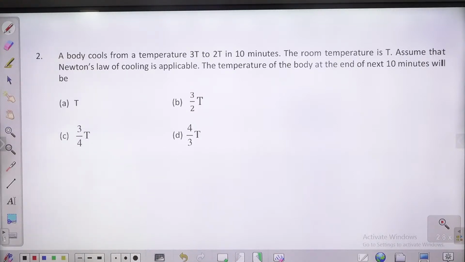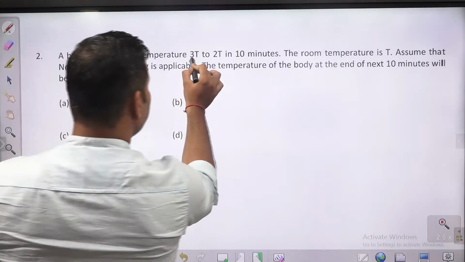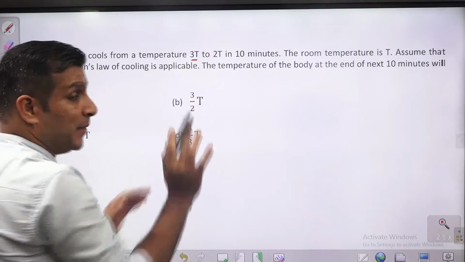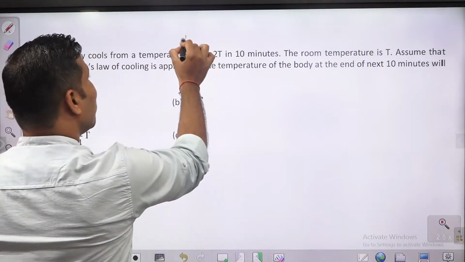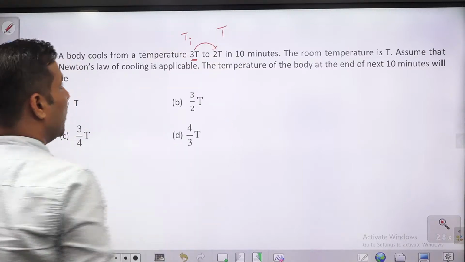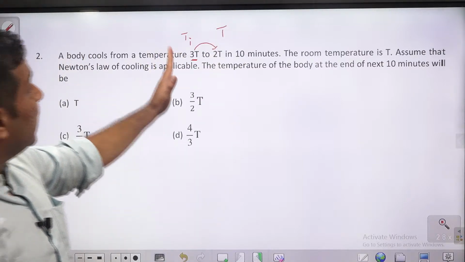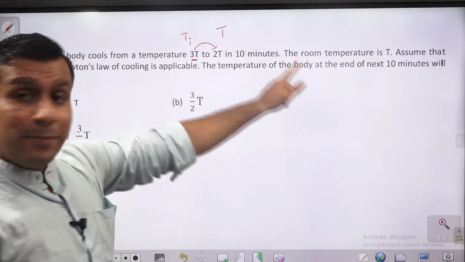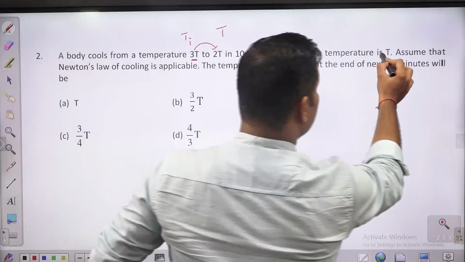A body cools from temperature 3T to 2T. So this is the initial temperature. Let me tell you, so that you will be able to apply the formula. This is the initial temperature, and this is the final temperature. So the body cools from 3T to 2T in 10 minutes, when the room temperature is T,